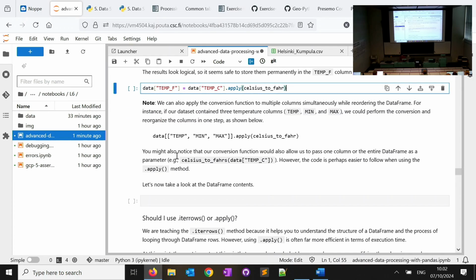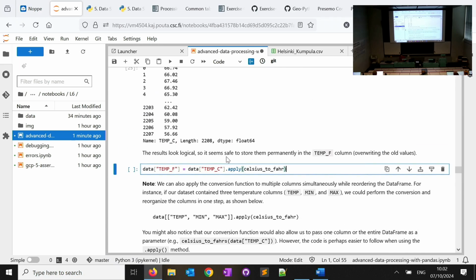So one good trick that doesn't apply to us in this case, because we only have one temperature column, but it's good to know, is that you can do the calculation for multiple columns at the same time using this apply method. Imagine if in our data we had temperature, minimum, maximum, several columns of different units, and we wanted to convert all of them at the same time. Then as the input, you can just provide all the names of the columns, and then apply the Celsius function. Similar to what we did here, except that you can put more columns at the same time.